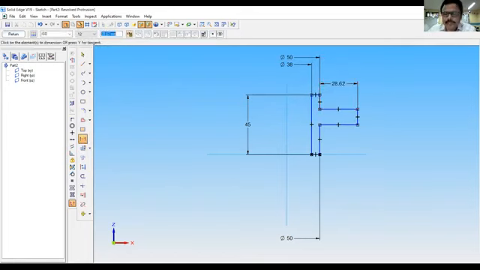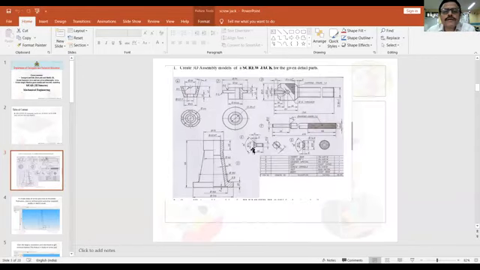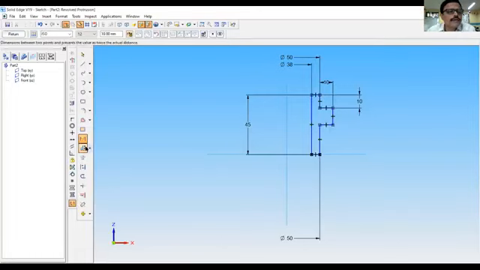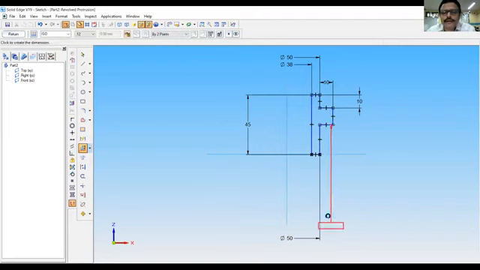This is 10 mm. This is also 10 mm. And one more symmetric diameter is there. That is, here you can see it is 90 diameter that we will do here. Symmetric diameter from here to here, it is 90.